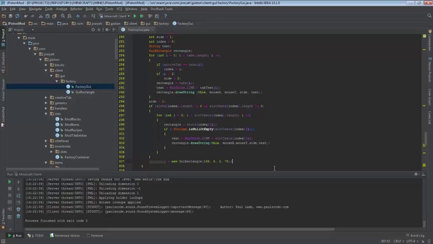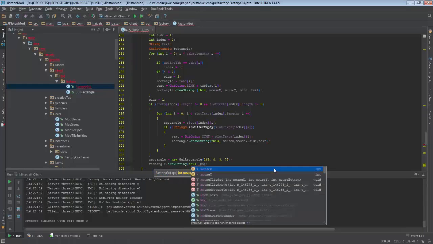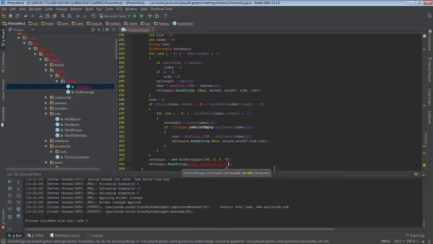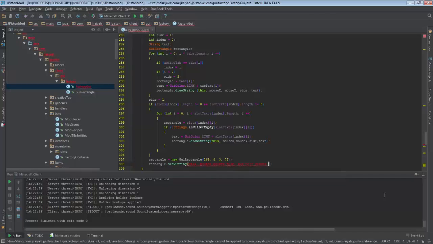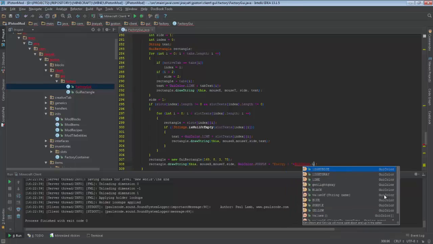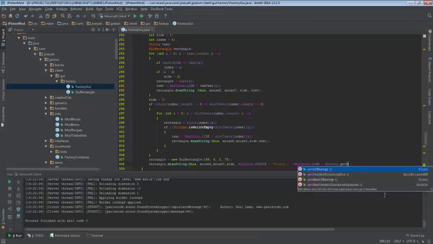work. So what we want to do is now say rectangle dot draw string, this, mouse x, mouse y, side. Now the text we want to show is GUI color dot, first I will go with purple, plus energy, and then plus GUI color dot lime, plus factory dot get energy, get RF energy. Okay,